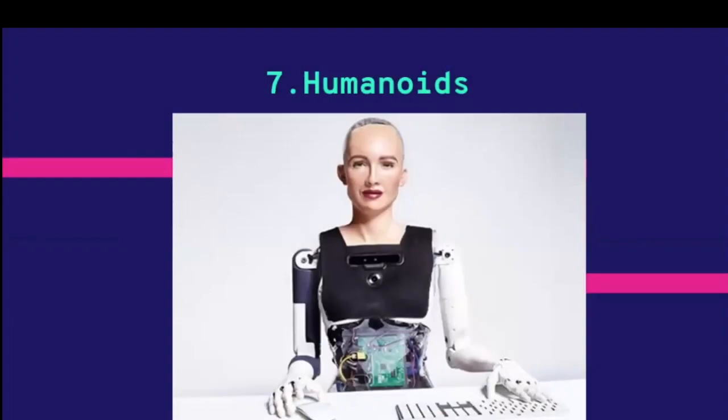And then we come across humanoids. Humanoids are actually robots which are similar to humans. And in this photo, you all can see a special robot called,